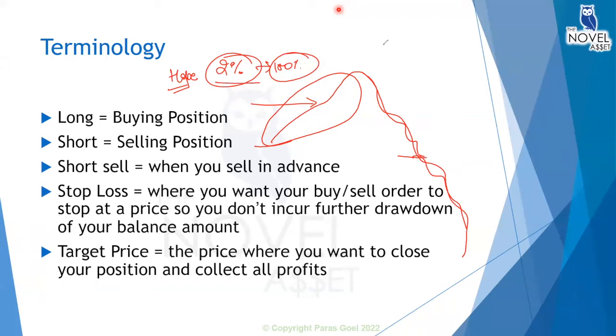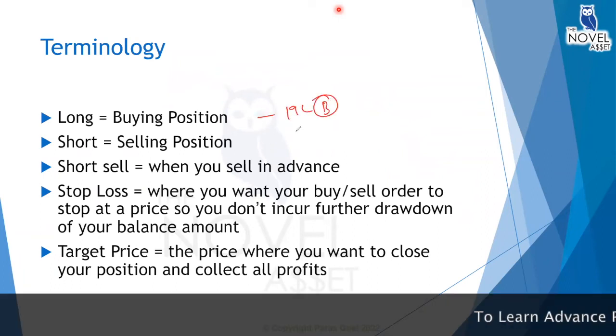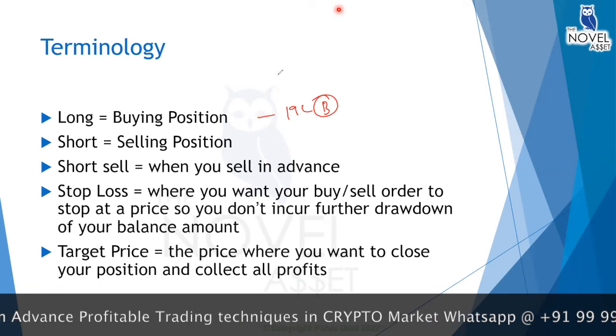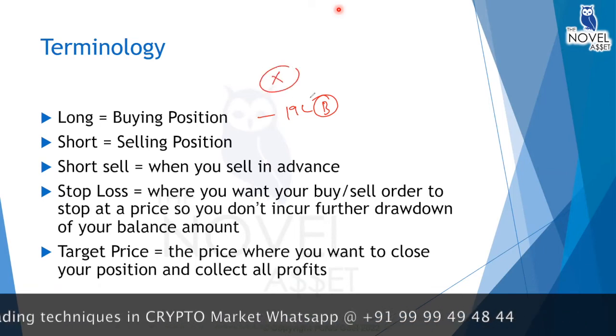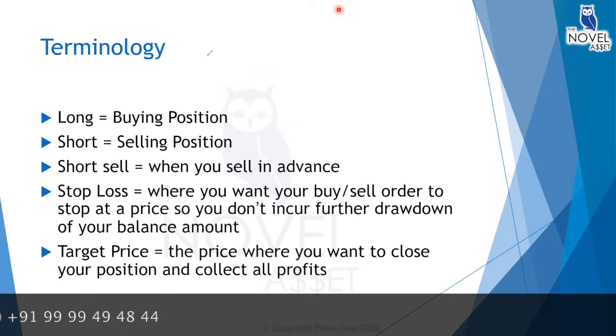You will not assume any price level. You will not just open your trade. Let's say I bought some Bitcoins at 19 lakh rupees and I will let it run. Let the future handle what is there for me. Let the future unfold for me. This is not emotional trading. You have to have a target price. You have to have a stop loss. Okay, so I hope this is all clear to you.